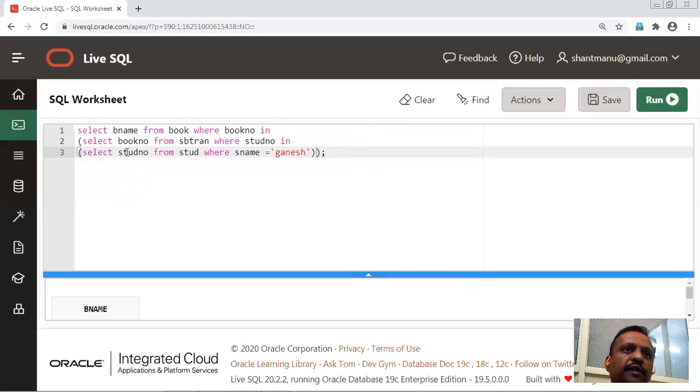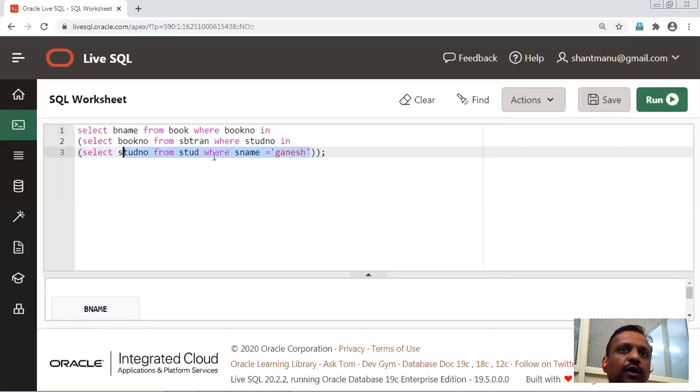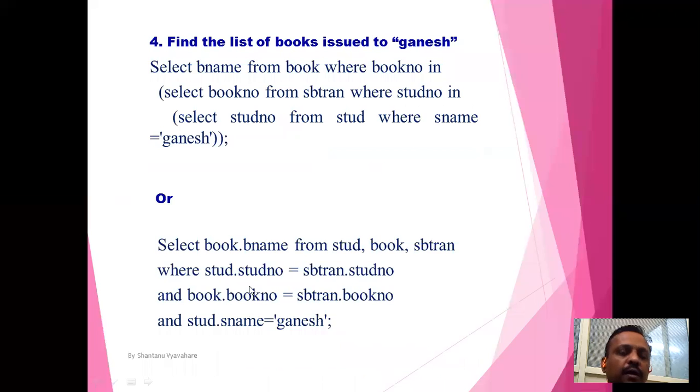This query is executed by using three tables, and each inner query is on a single table that we have executed. So now let us see this example.